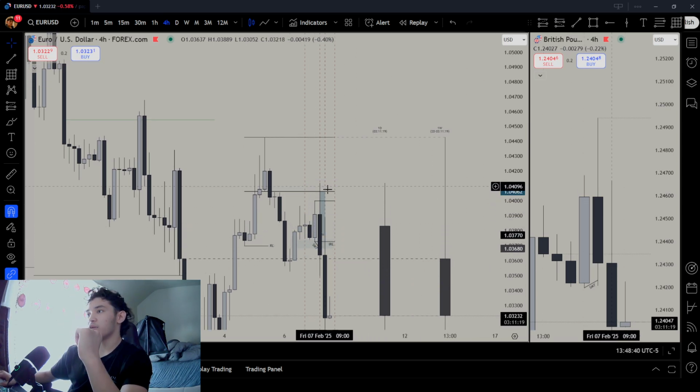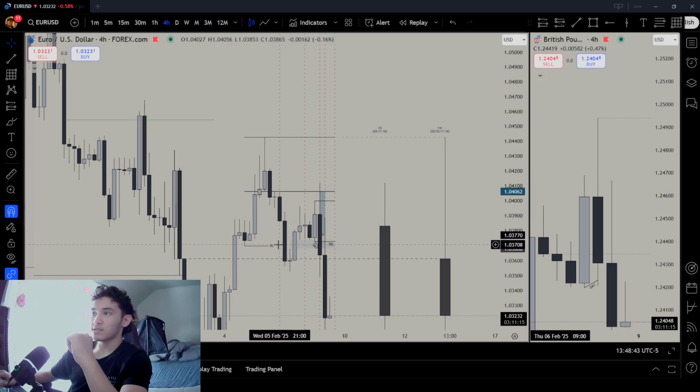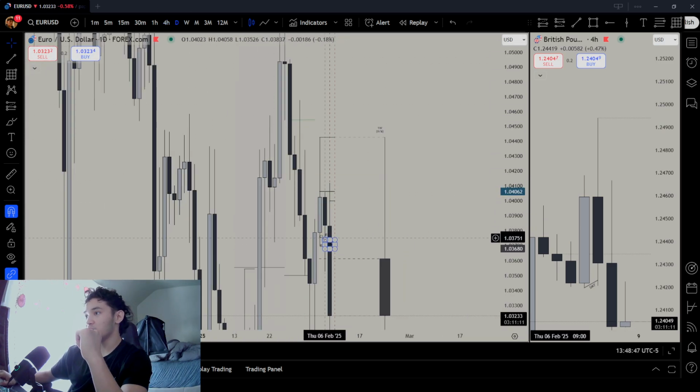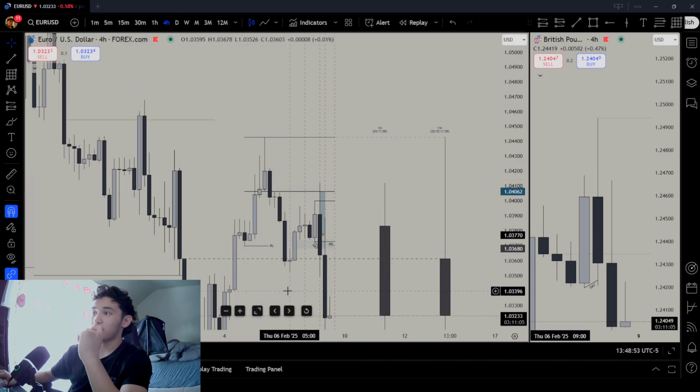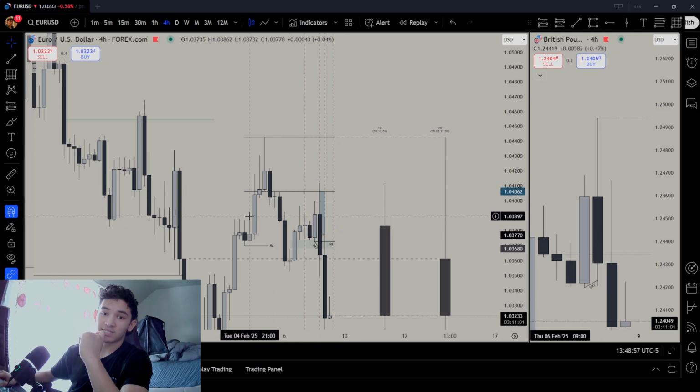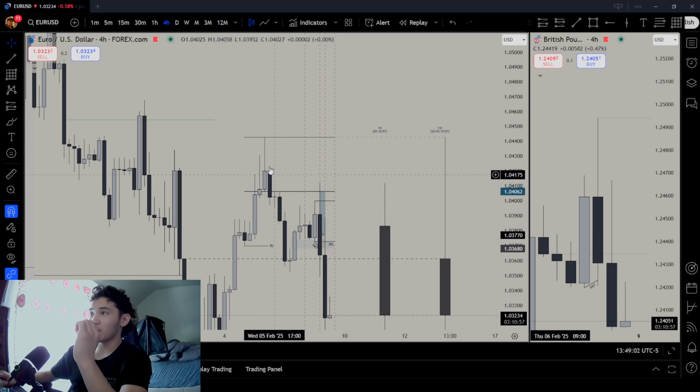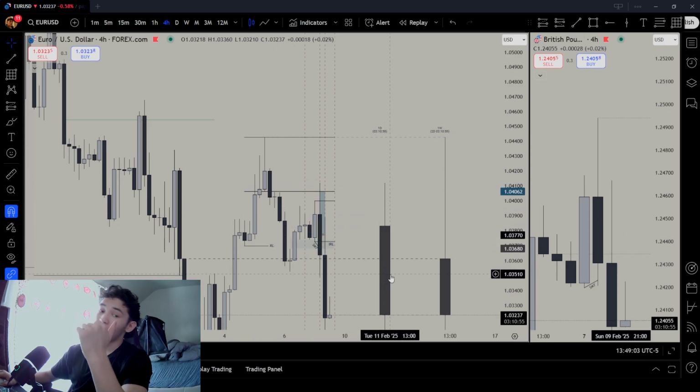And that's how we could have maximized take profit just by using time and price. The price aspect would have been that 50%. In this case, we have a CRT here, right? So the 50% mark has not been tapped. So we're going for the 50% mark as our final take profit because it's Thursday, right? And the time aspect would be Thursday and Friday. So on Thursday and Friday, if there's a CRT and the 50% mark has not been tapped yet, go for the 50% mark as our final take profit. If it's already been tapped, just go for the high or low. But you must be realistic, right?